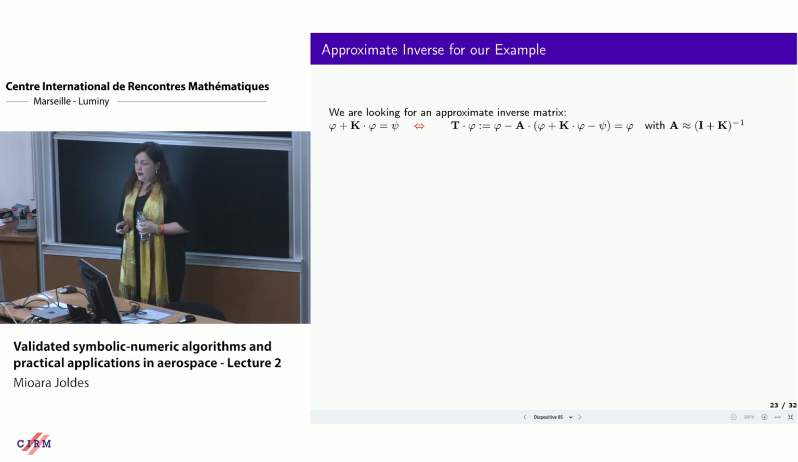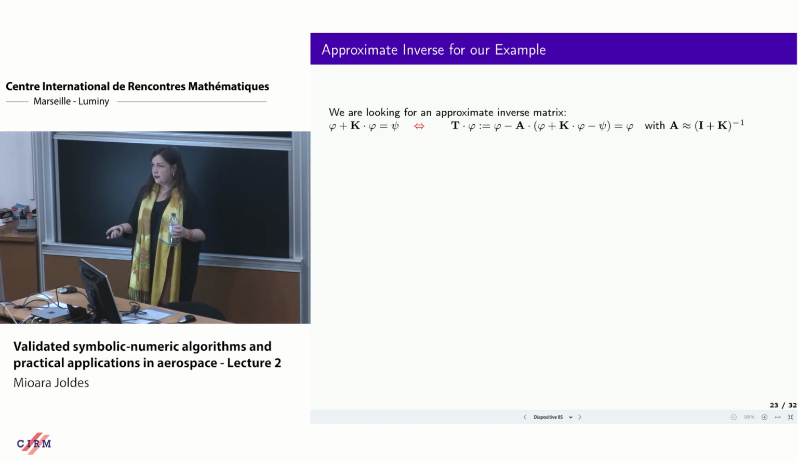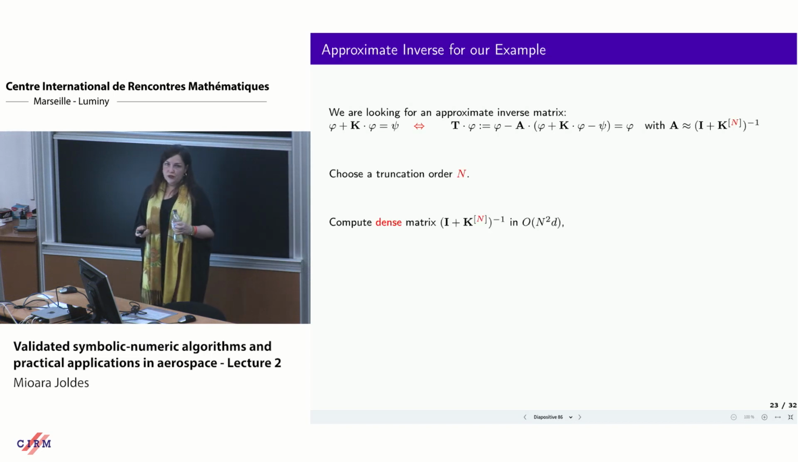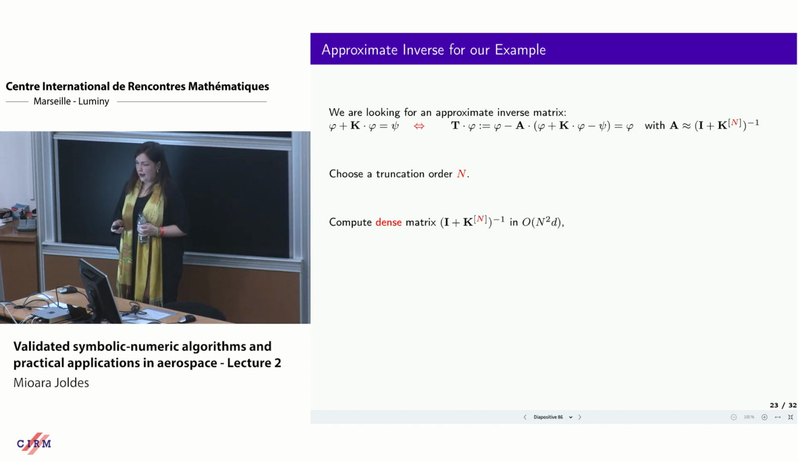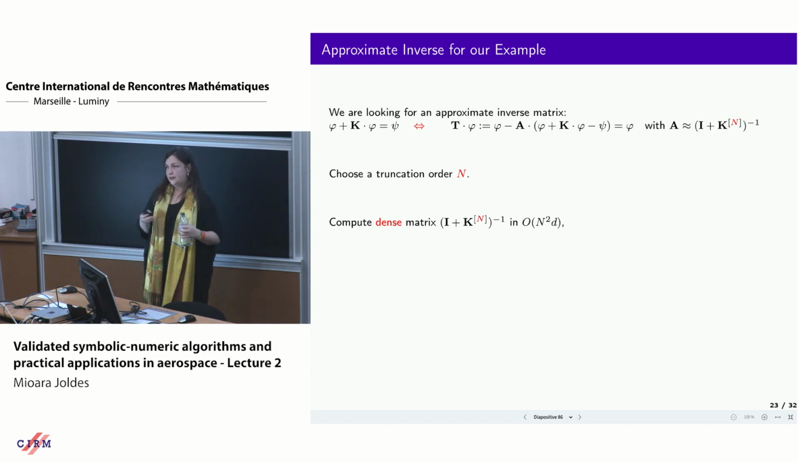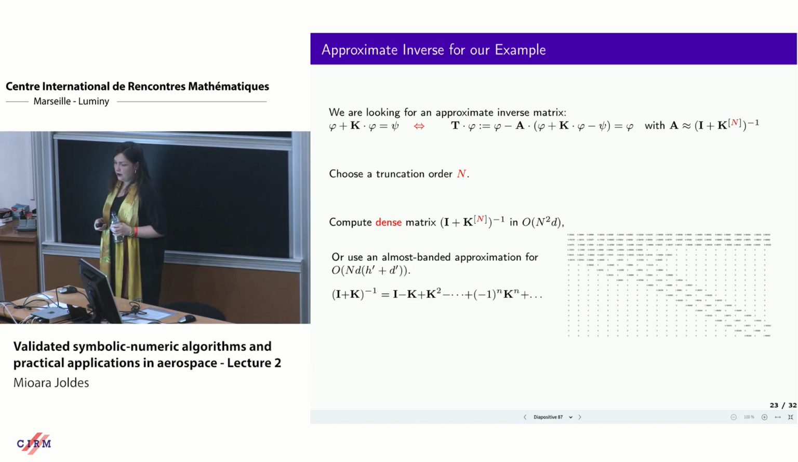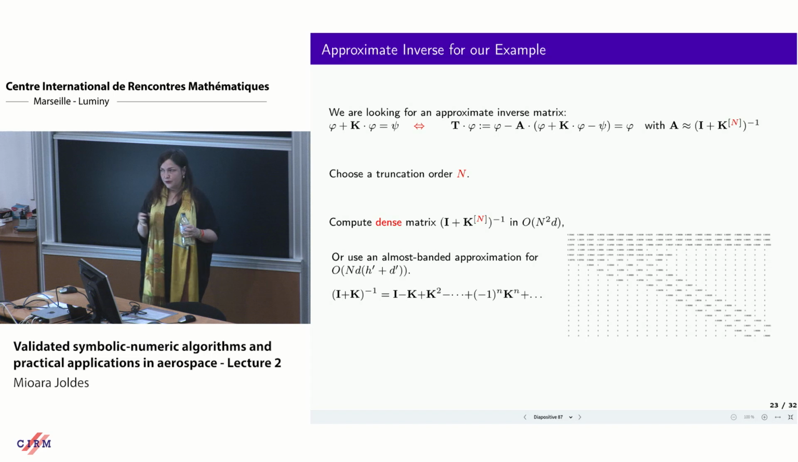So how to obtain first the numerical inverse? What complexity can we achieve to get the numerical inverse? So we choose a truncation order n. If we compute directly the inverse, then it will be a dense inverse, and we have a quadratic complexity in the truncation order. But in some cases, it turns out that we can also approximate this by not computing the exact inverse, because we see that the coefficients here are very small. So we could ignore them